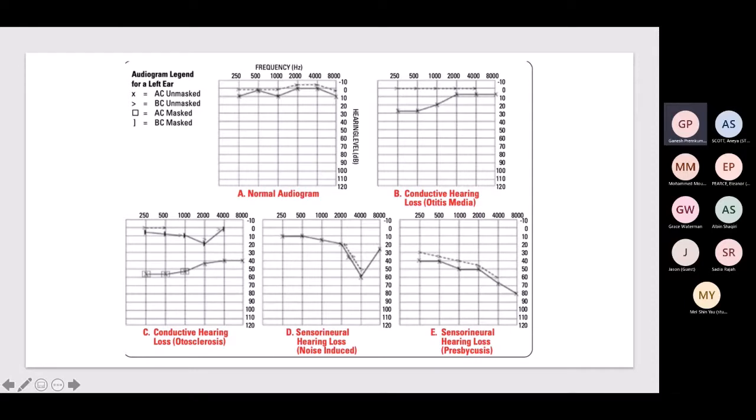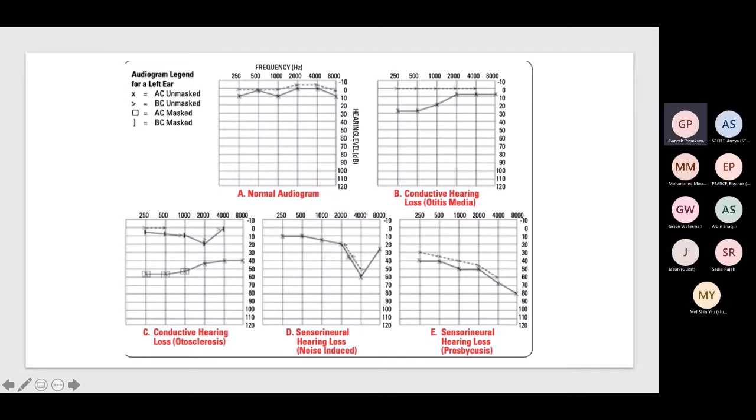Okay, your air conduction and your bone conduction should be pretty similar throughout. There shouldn't be a difference greater than 10 decibels between where their dots are. So that's a normal audiogram. They kind of run together. There's not much difference. If you start looking at conductive hearing loss, for example,